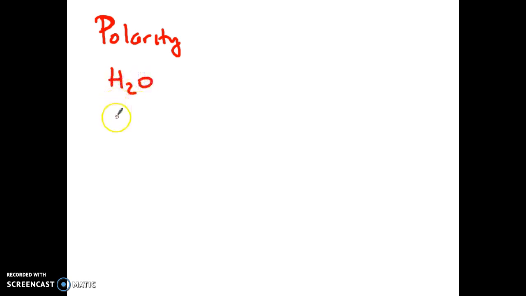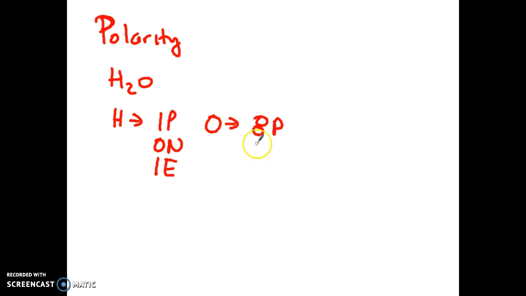hydrogen, and to even break that down further, we have to understand that hydrogen has 1 proton, 0 neutrons, and 1 electron. Whereas oxygen, as most typical on the periodic table, is going to have 8 protons, 8 neutrons, and 8 electrons. So these are both nonmetals when they're classified, so therefore they're going to form a covalent bond, where